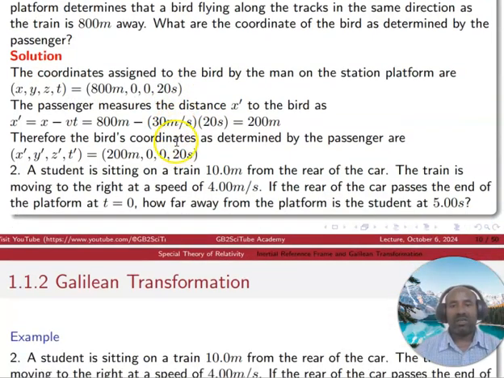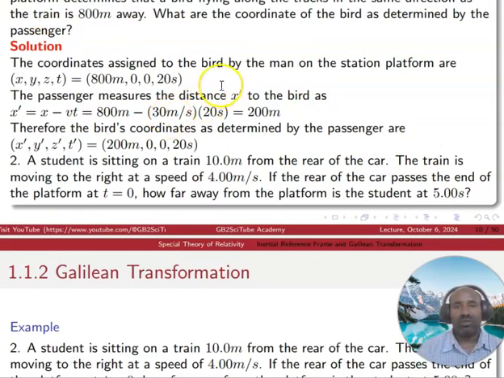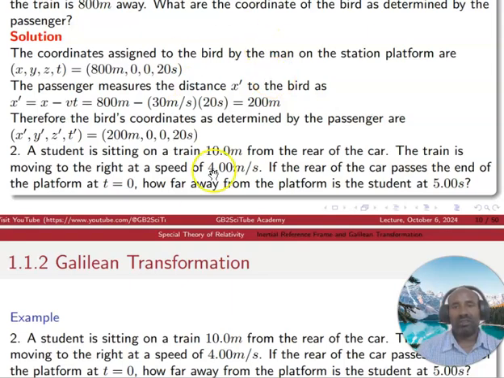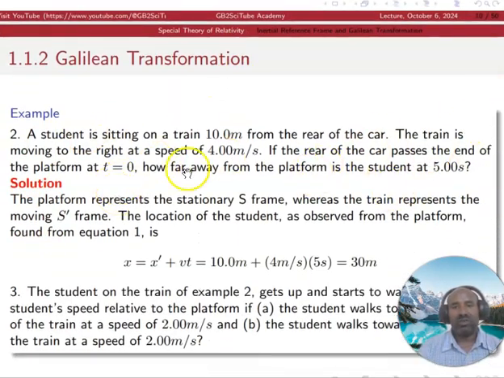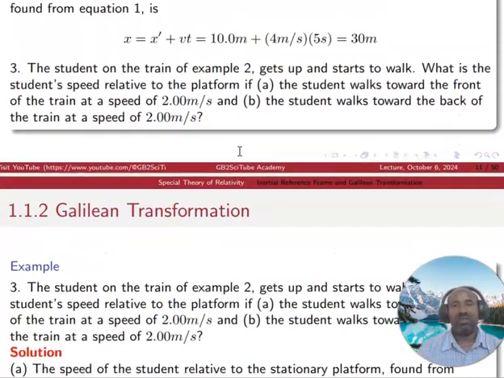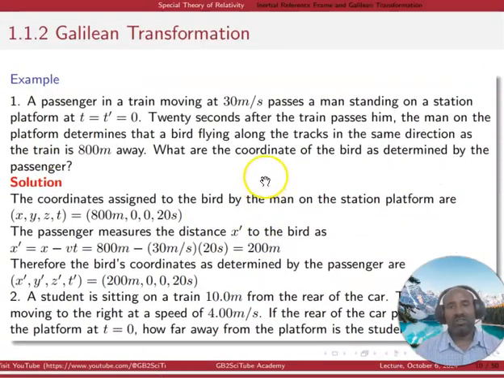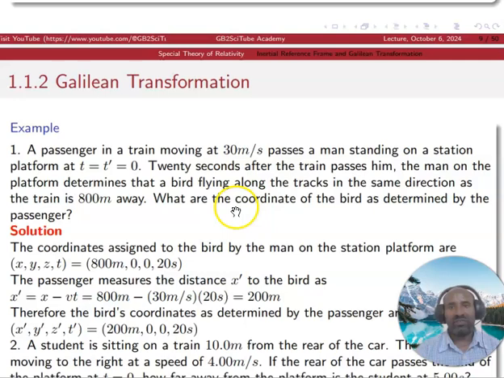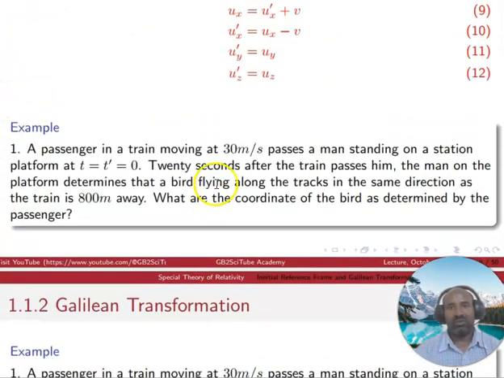I think this is a good example to see the effect of this transformation. And there is another example here, which I will discuss another time. For today, I think this is all. First, we defined what an inertial reference frame is, and then we tried to see the Galilean